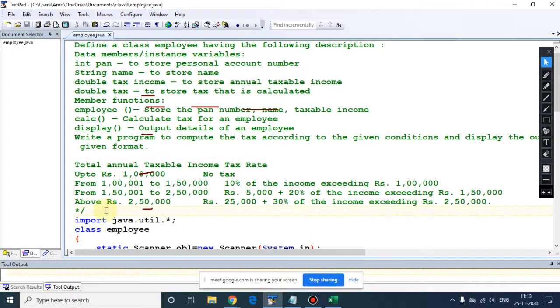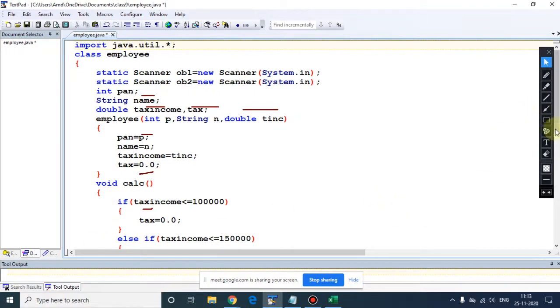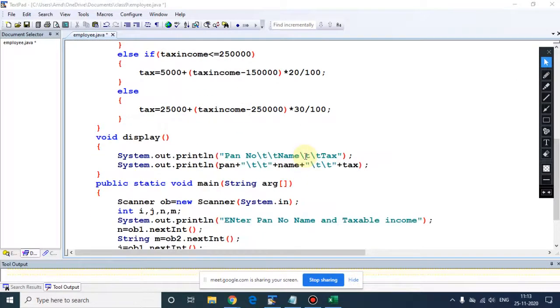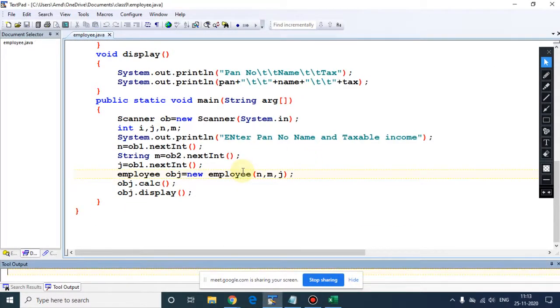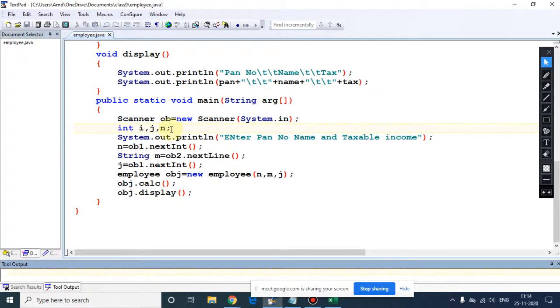So I am going to run this. Let me execute this program. Then again you can ask your doubts if anybody has any. There is a small error. Next int, sorry. So it should be next line. And sir, we'll have to remove M from the above declaration also. Yes, we have already declared M. That's true. That's good. Okay.